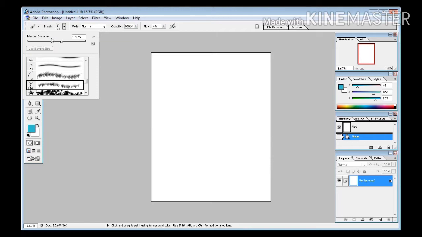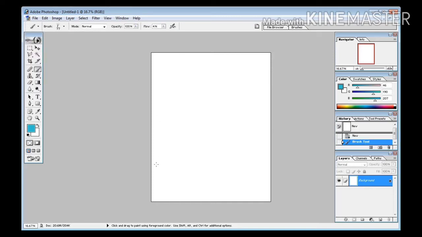Here I am selecting grass tool, grass brush. This is the diameter. From here, diameter of the brush can be changed, and its maximum limit is 5000. I am changing it like this. Diameter can be changed.